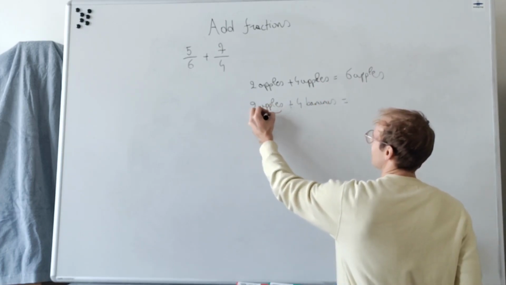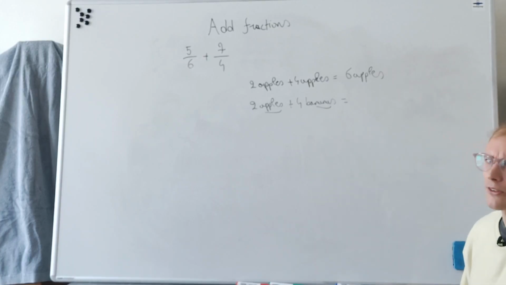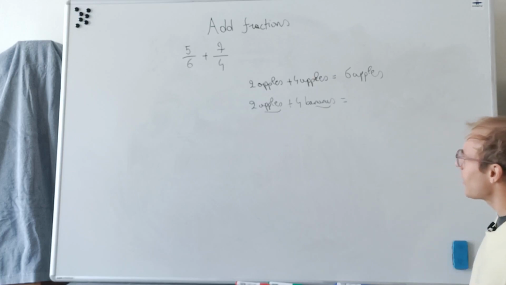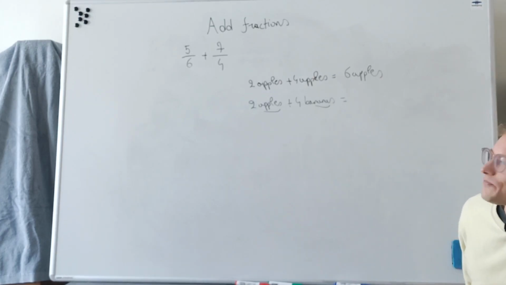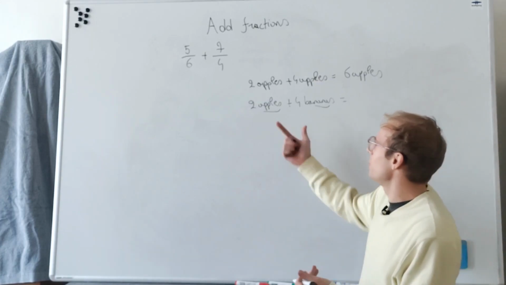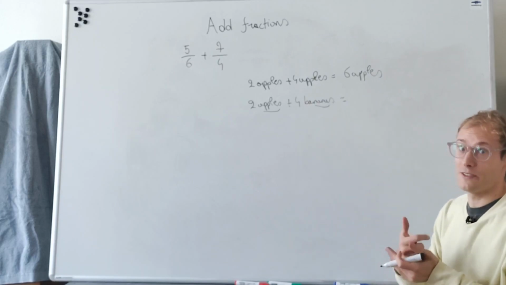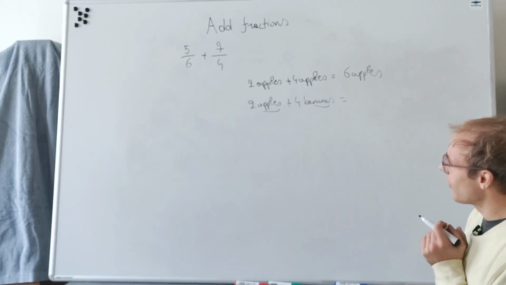Well, they're not the same. An apple is something different from a banana, so actually I cannot really add them together. What we can do, of course, if we generalize, is that both are fruits. So if you say this is 2 fruits plus 4 fruits, then indeed these are 6 pieces of fruit. That's what we can do, and it's a bit the same with fractions,